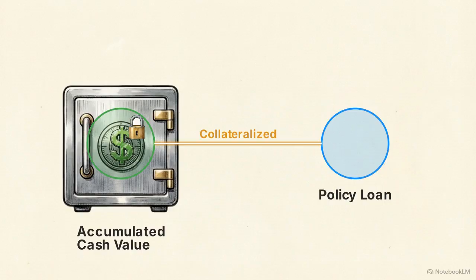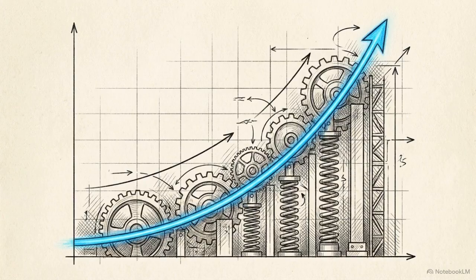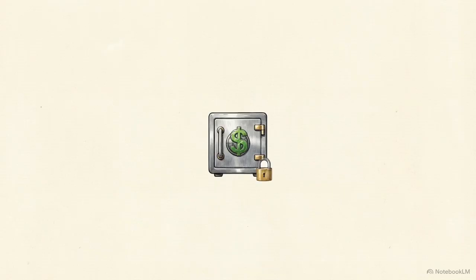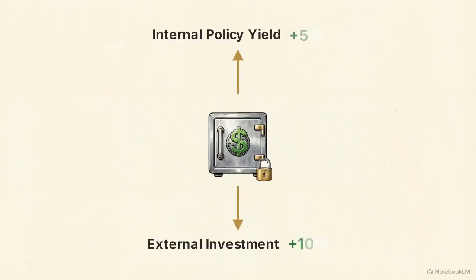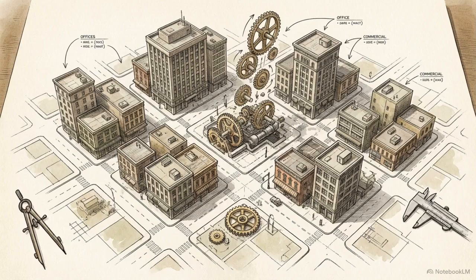Because your money remains in the policy, the carrier continues to credit you the full dividend or index return on the entire gross amount, straight through the duration of the loan. Collateralization ensures that your compound interest curve is never broken. The math allows the exact same dollar to perform two entirely separate functions at exactly the same time. The final step of wealth creation occurs when you deploy that collateralized loan into a secondary investment.